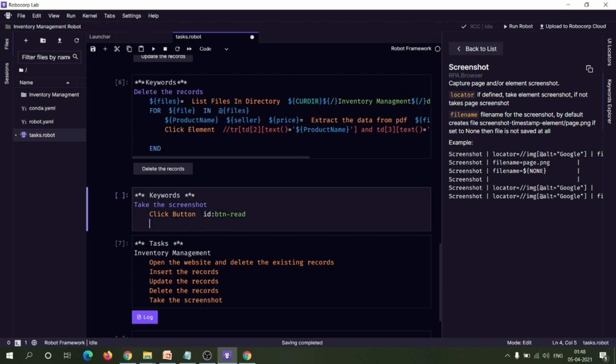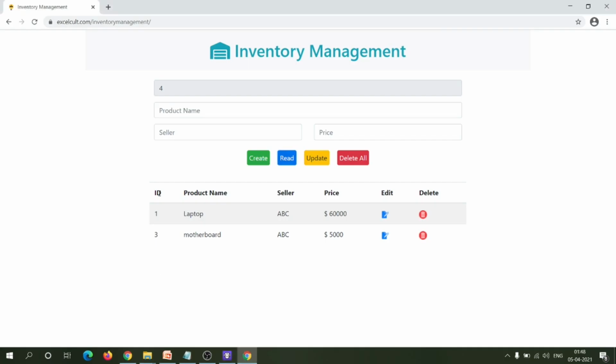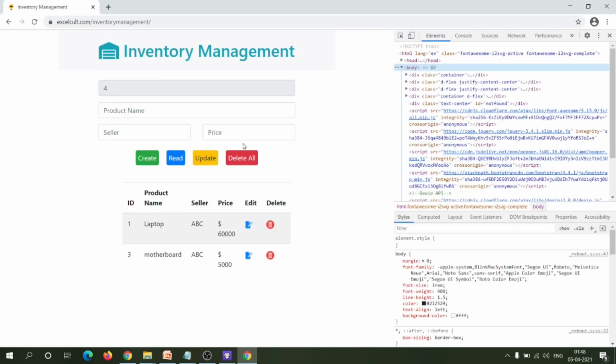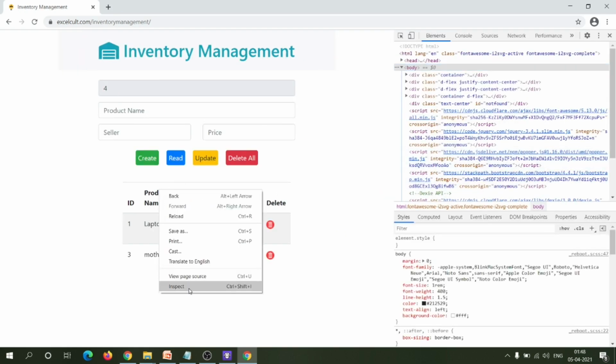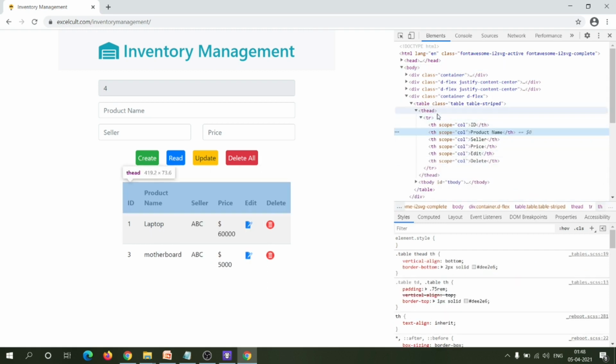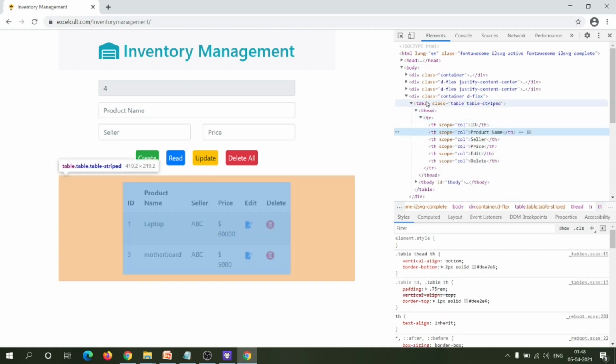For the screenshot we have to pass the locator. So this table class we have to take as a screenshot. So we have to pass the locator of this table element.